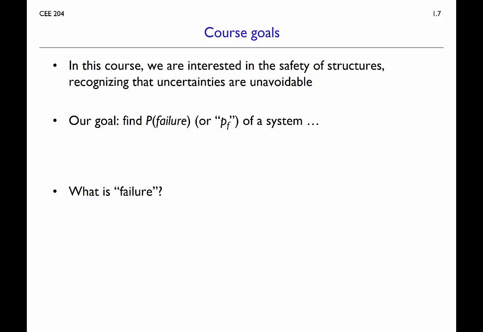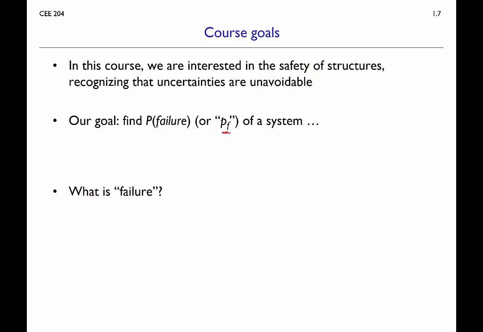And we're going to consider explicitly that we have uncertainties, right? Pretending that there's no uncertainties in these problems is not a productive strategy in general. So what we're going to do is we're going to try to think about the probability of failure of one of these systems. And we're going to talk about probabilities of failure so often that we'll abbreviate that to P